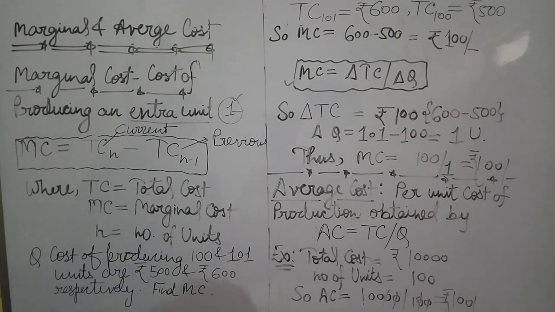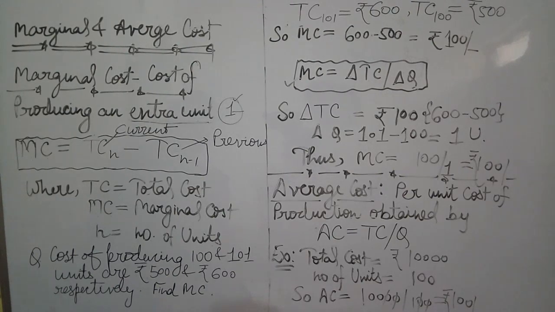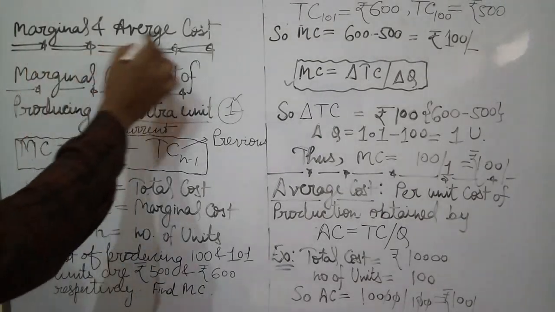We have two subjects, right? As you know, first one is microeconomics, second one is business law. So, in today's session, we will discuss microeconomics. If I can recall, in the very last lecture we have discussed cost analysis where we discussed the concept of cost and types of cost. Now in today's session we'll start with marginal and average cost.